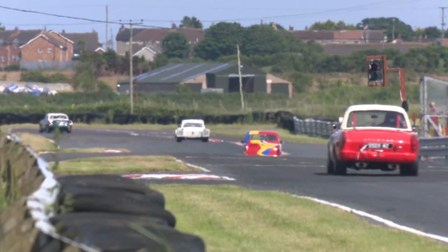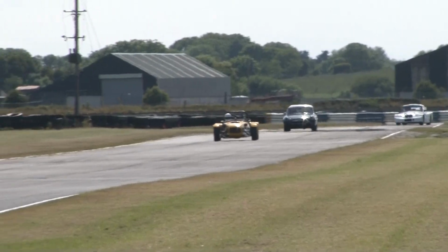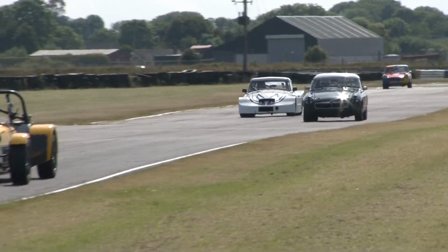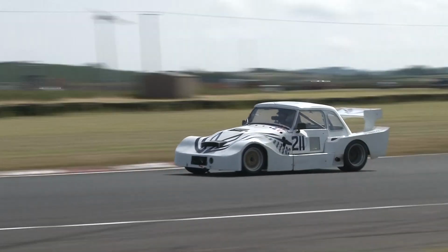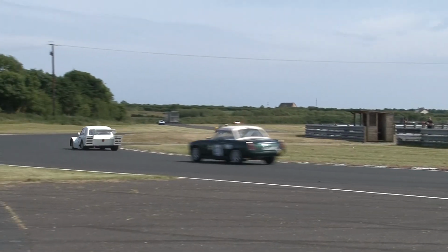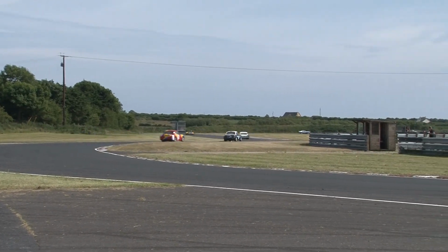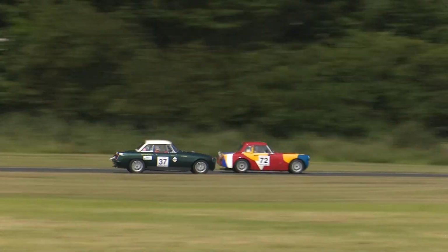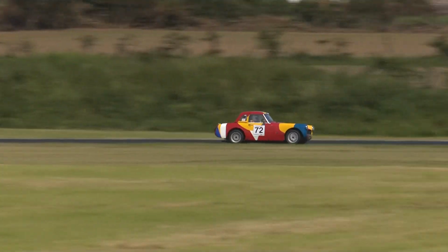A good view there of the striking livery on the MG midget of Wolfgang Schnittger, who's trying to chase down the MG GT of Seamus Hobbs, even, which dives up the inside of a back marker into Colonial. More unique looking cars, almost in the style of the old mod sports machines, isn't it? That from the 70s and 80s, and not quite as powerful, but still just as striking. So too is this car of Schnittger,